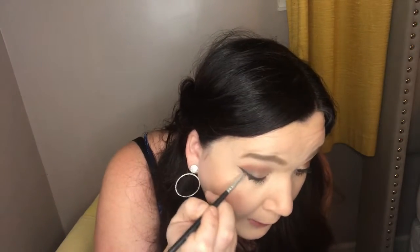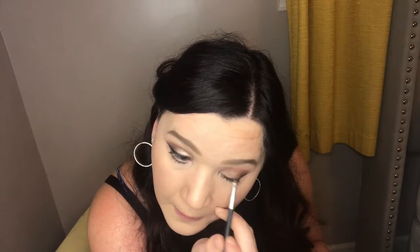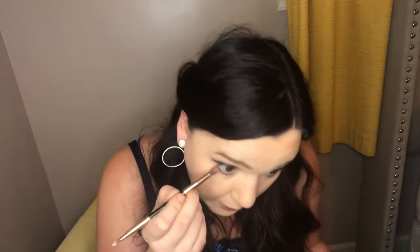You take a really, really dark black eyeshadow, I'm taking the Man-Eater one, and go over that. If you want to smoke out the bottom with black, then you would start with brown again. So